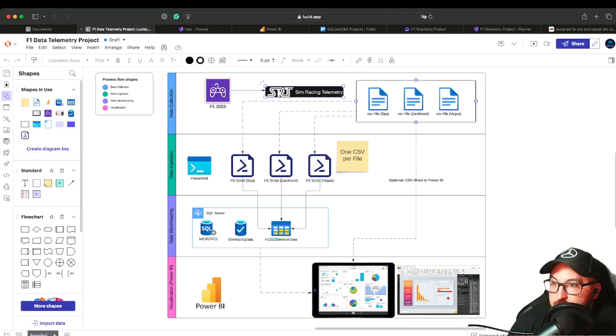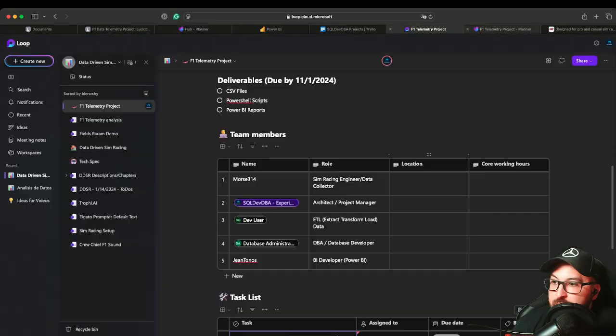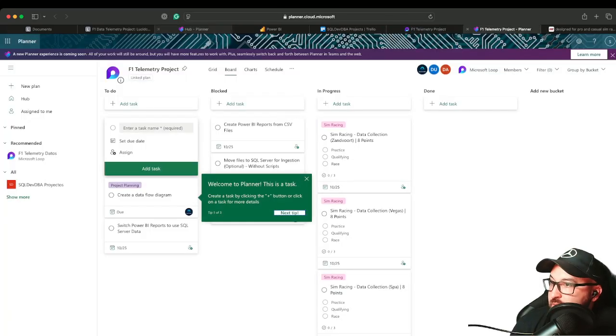All right. So basically the goal of the data collection phase is to produce 3 files. Those 3 files need to be ingested into SQL Server. But the reality is we have to move them over to the SQL Server first. So we're going to use PowerShell to move the files to our SQL Server directories. And I actually created, let's go ahead and just pull up the real